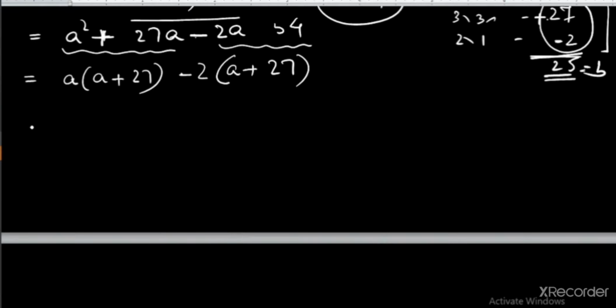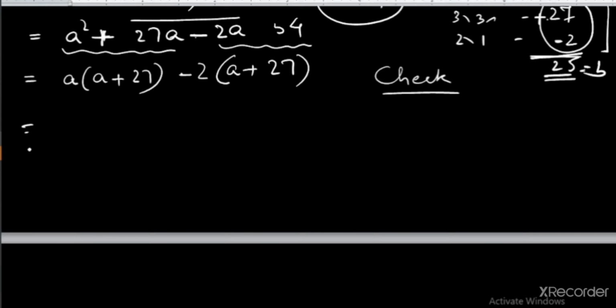Fine. So let us now check whether you are on the right path or not. To check, simply check the bracket. What is inside the bracket here? It is a plus 27. What about this? A plus 27. Both the brackets are same. Absolutely same. Even in sign, you have to check whether the signs are equal or not. If they are equal, it means you are on the right path. Okay, this is the trick that you can find whether you are wrong or right, whether the pairing which you have done here is correct or not. For that, you have to check that the inside bracket is same or not. So here you can see both the brackets are equal.